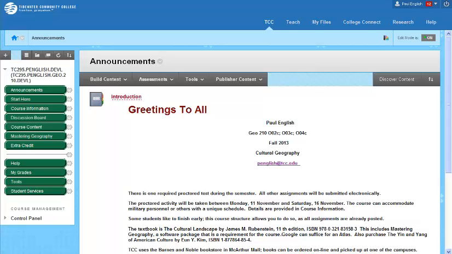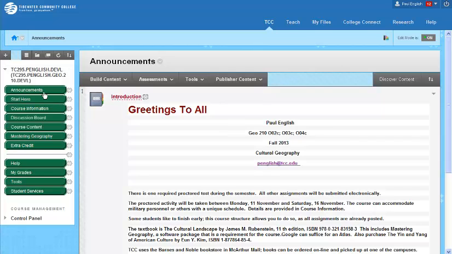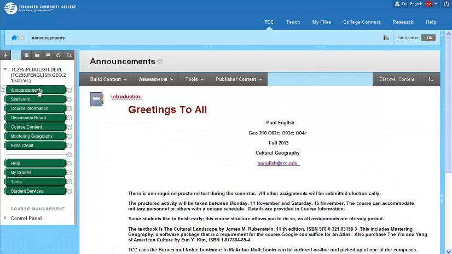I wanted to talk about navigation and how you'll be able to proceed around this Blackboard shell. So let me go through the buttons and show you how we can do things. You'll always enter in the announcement section. So right here we have the announcements, and I'll be sending messages to you throughout the semester, and this is where you'll see them. The next button is the Start Here button, so let's click that and see where we go.